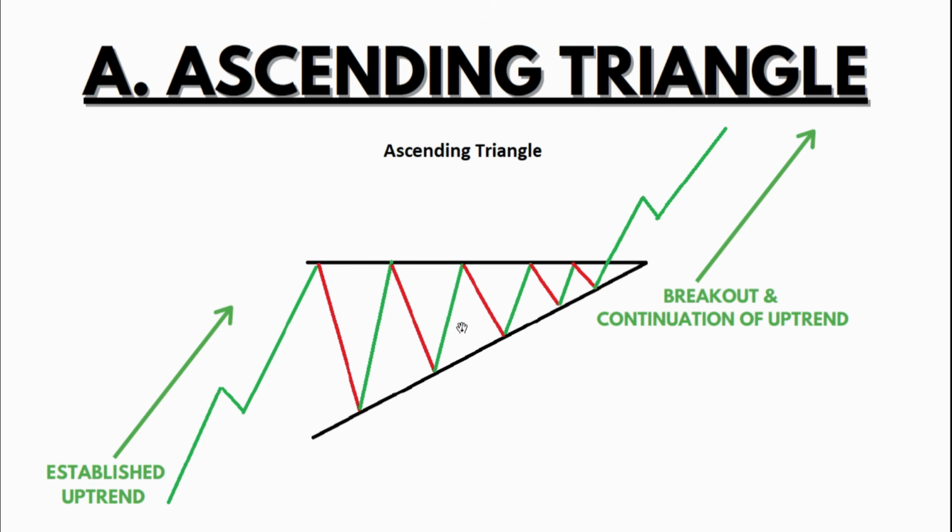After this triangle is formed over here, it finally breaks, as the trend majorly is upside, and the major market participants are interested in taking the price upside. The price is broken from the triangle, and there is a breakout and continuation of the uptrend. Now let's take a real life example, and I will discuss the entry, exit, and the stop loss points.